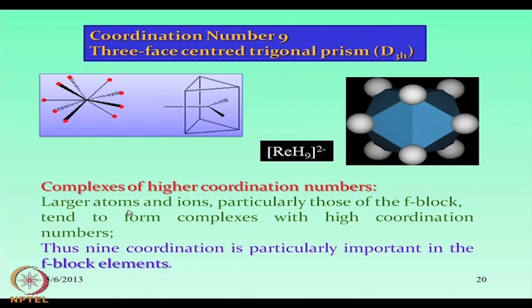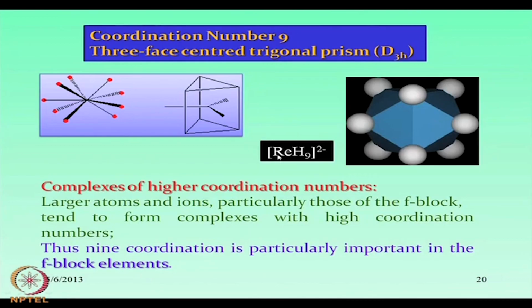So, these complexes of higher coordination numbers are basically ones where larger atoms and ions are participating, and they are mostly from the F block, and they tend to form complexes with high coordination numbers. And this coordination number of 9 is particularly important in the F block elements. If it is true with F block elements, that means the lanthanides or the actinides, it can also be true